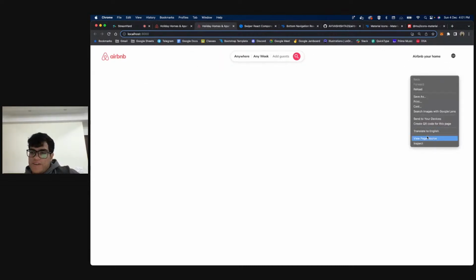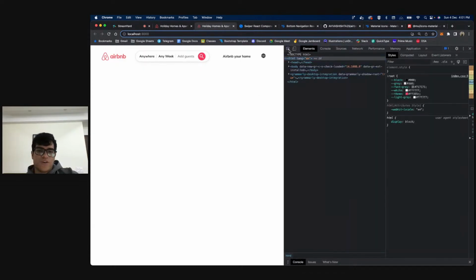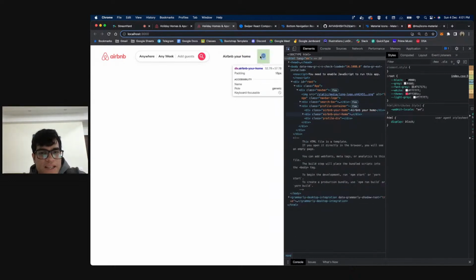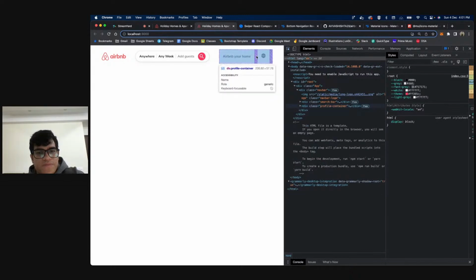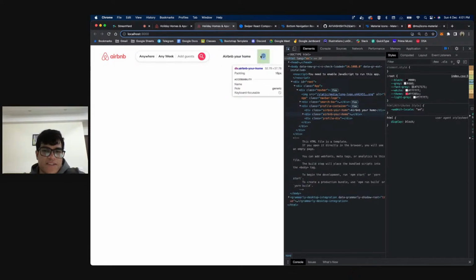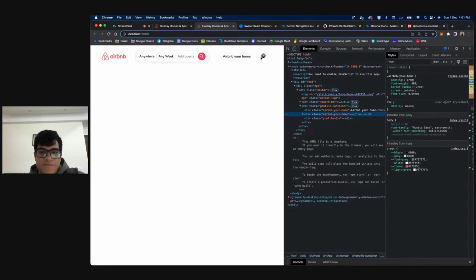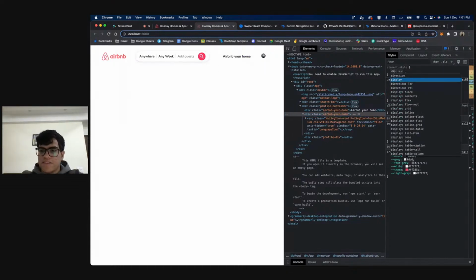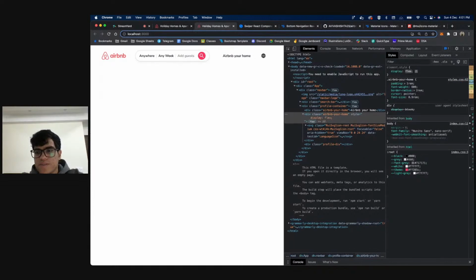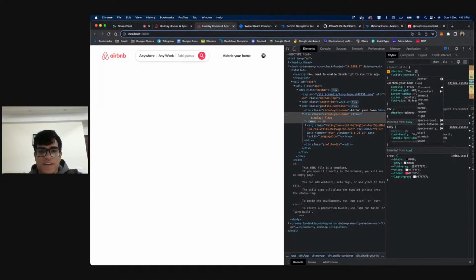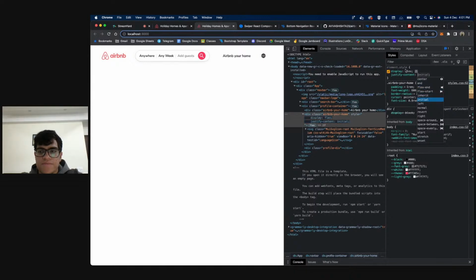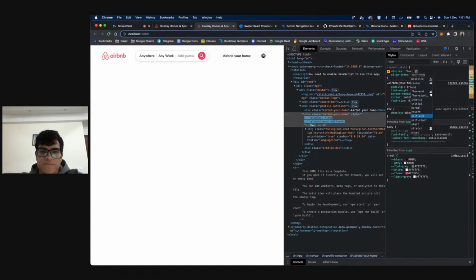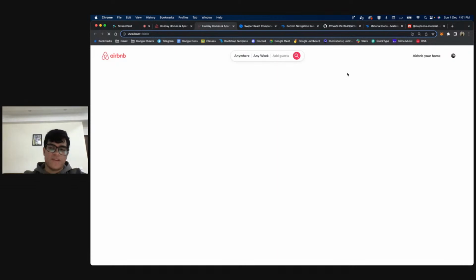Now, for some reason, I don't know if it's just me, but these two things do not look aligned, and that is probably because of the padding or something like that. But hmm, or it's maybe just me that this globe does not look like it's aligned, right? If I give this a display of flex, I want to see something, and justify content, all right, then it's just probably me. Okay. Anyway,